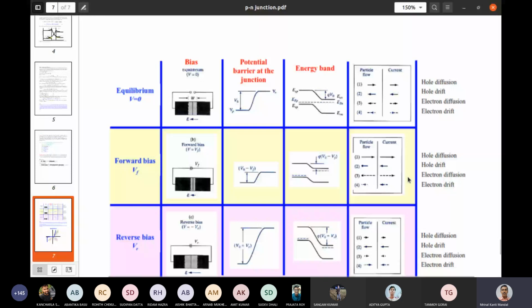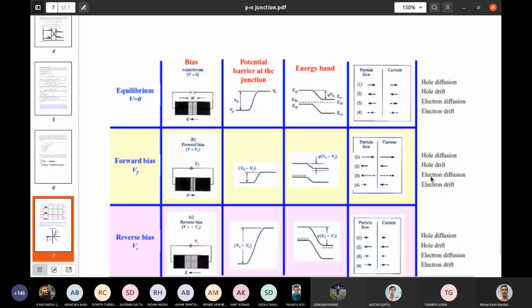So we will get the diffusion current, because in the junction, what is happening? The diffusion current increases exponentially. With the increase of voltage, diffusion current increases exponentially, which suppresses the drift current. That means, in general, the drift current remains unaltered, but diffusion current increases exponentially, so that diffusion current dominates over the drift current. That is why diffusion current dominates over the drift current, and we will get the current we have discussed